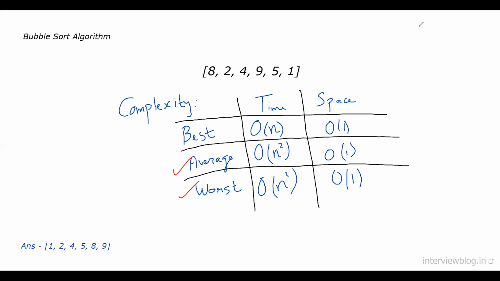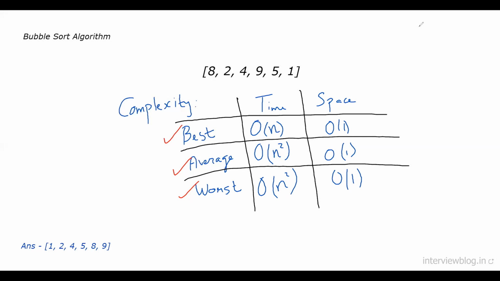So the best case time complexity of our bubble sort algorithm tends to be big O of n. This is because in the best case scenario, we will always be having a sorted array as our input, and after one traversal, we can easily find that the given array is already sorted. Hence, in this case, we can return the array and our time complexity tends to be big O of n.